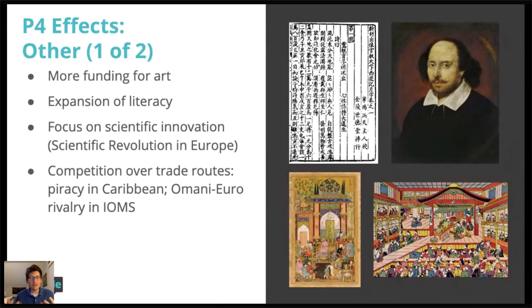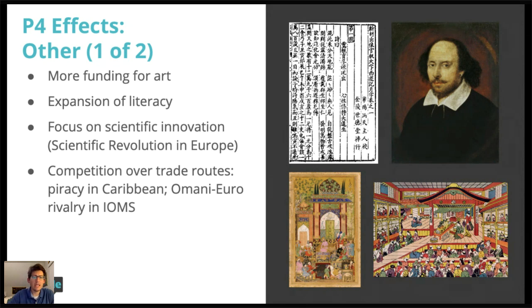We're seeing the expansion of literacy and books and education. There's going to be a focus on scientific innovation, right? When you're discovering new places and you're trading more and interacting with other cultures, it spurs the imagination. It spurs what else is possible. Europeans start to think, well, if we were wrong about not having another continent on Earth, what else are we wrong about? And they start to look outside of themselves, and we see the scientific revolution develop, developments in astronomy and mathematics and a lot of other fields.